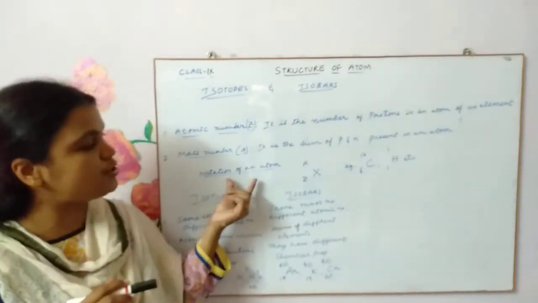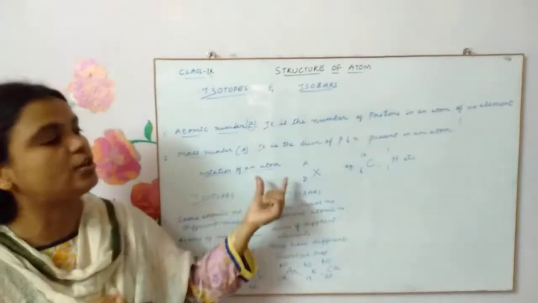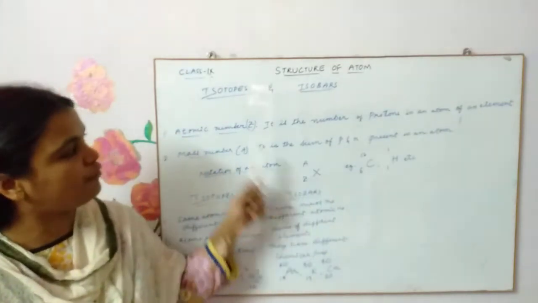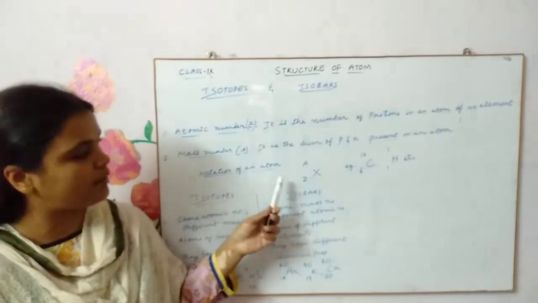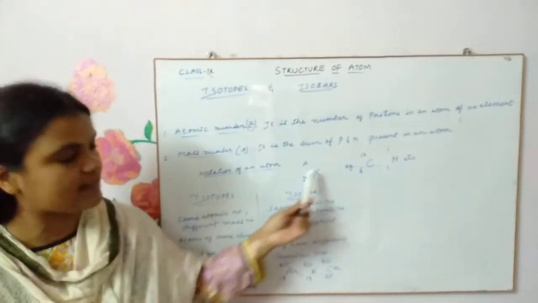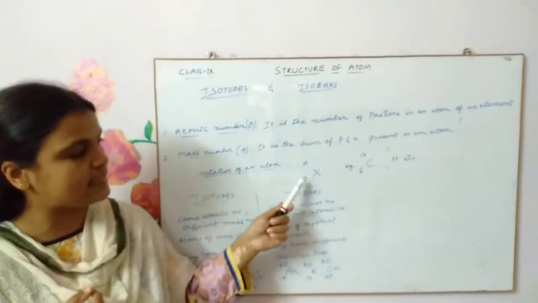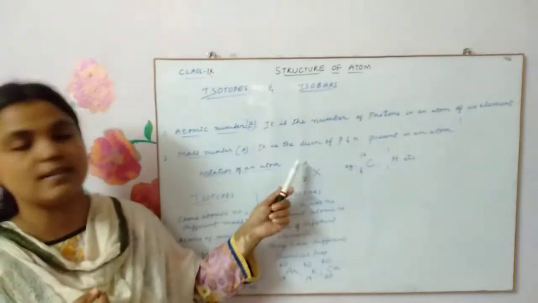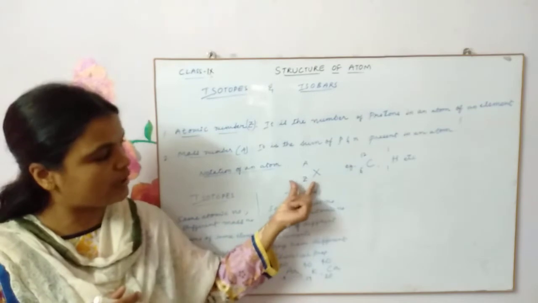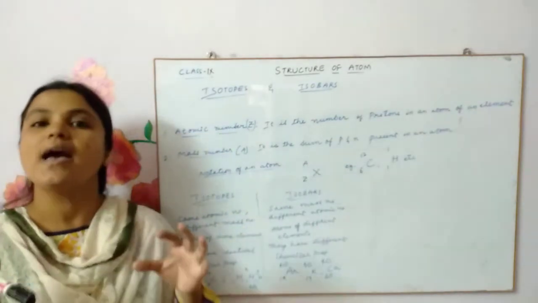Now, how are you going to present or represent a particular atom? The notation of an atom. How do you show a particular atom? So, in terms of atomic number and mass number, you denote a particular atom like this. X can be any atom of an element, and Z is written down over here, and the mass number is written on top. Atomic number down here and mass number on top, like this. You have to denote a particular atom.